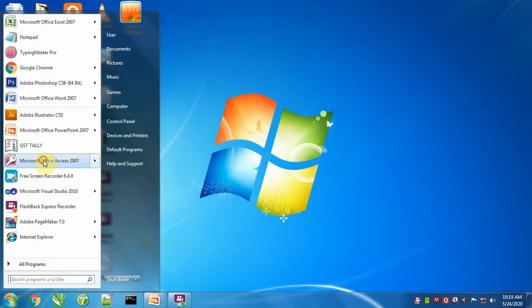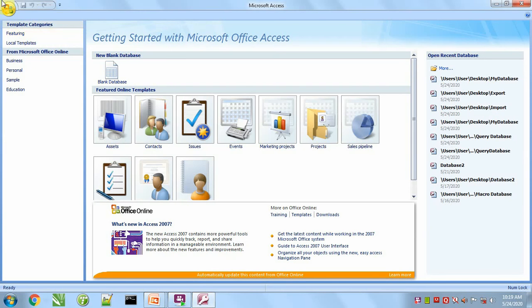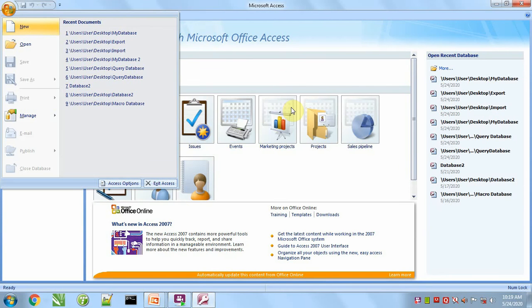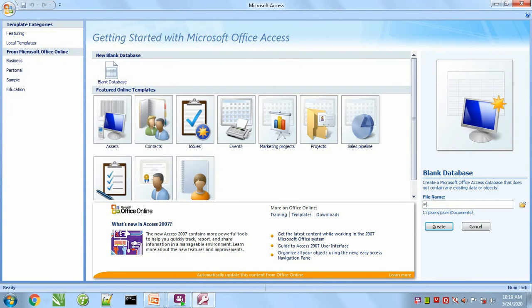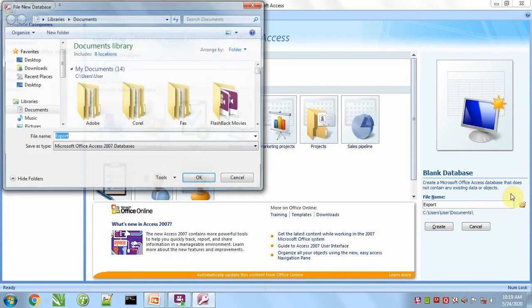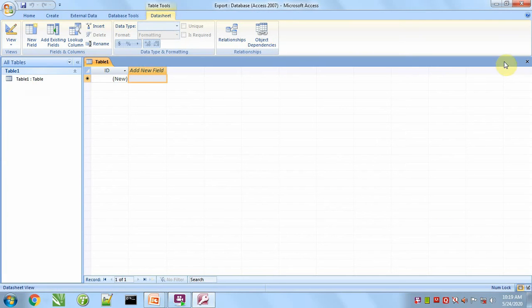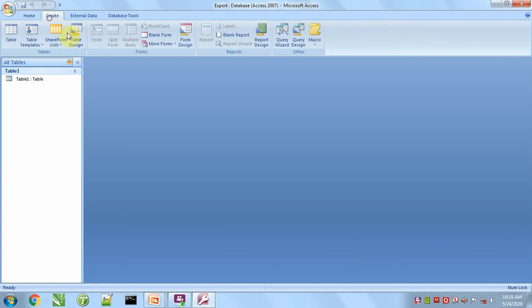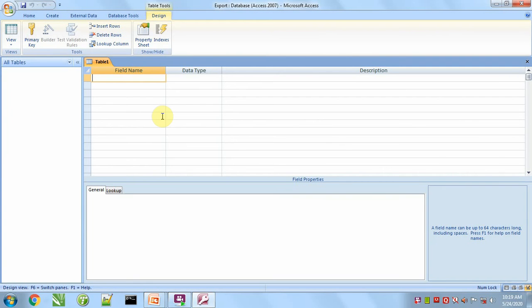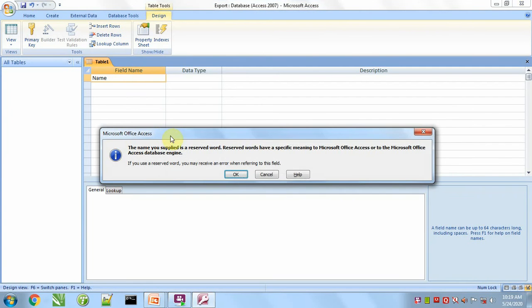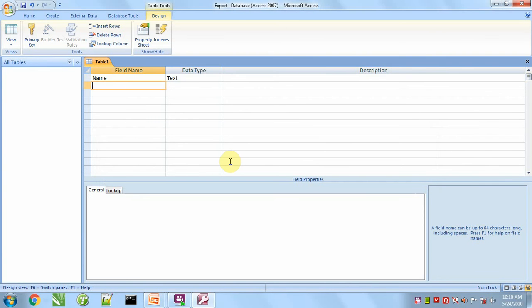First we will create a database. Export. Location will be desktop and create. First of all, we will create a table. And save this table.